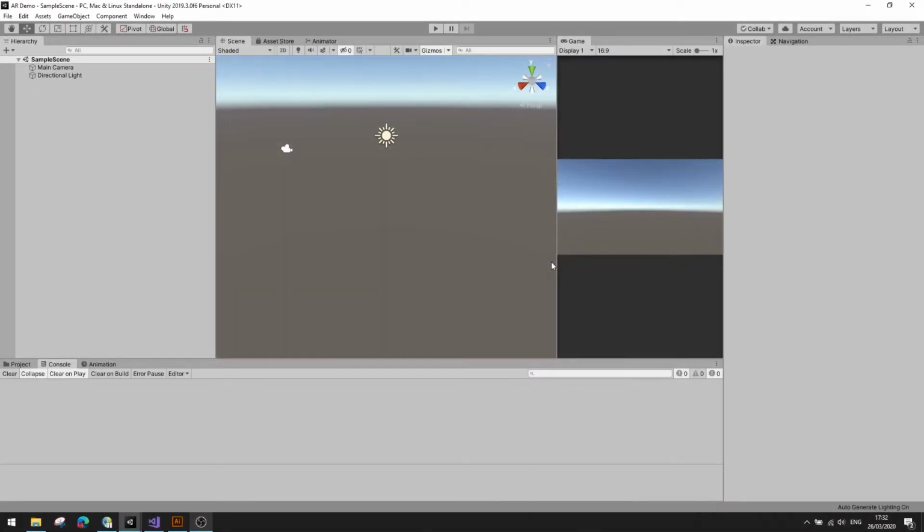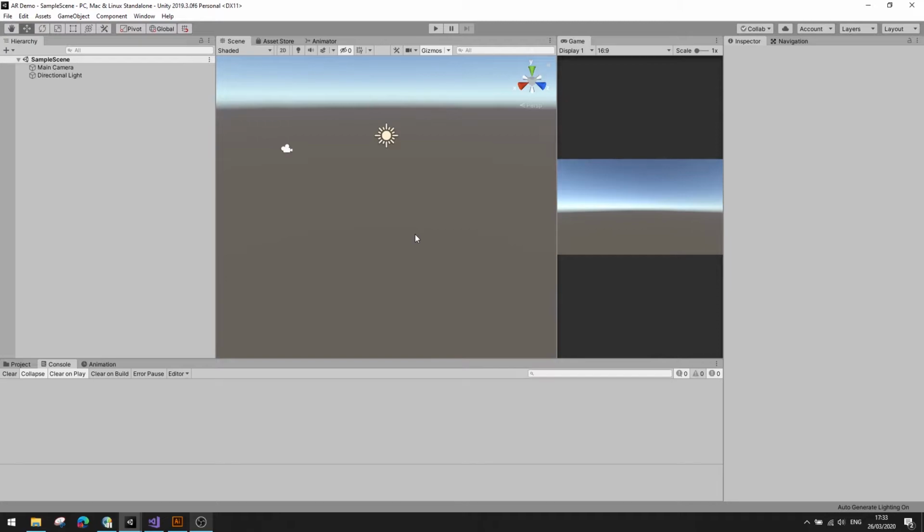Hi everyone, this is the first video in a series on setting up a small AR application within Unity. This first video is just going to be a quick one, to look through the project setup and what you need to do to get going. So I'm using Unity 2019.3. This should work pretty much on any version after Unity